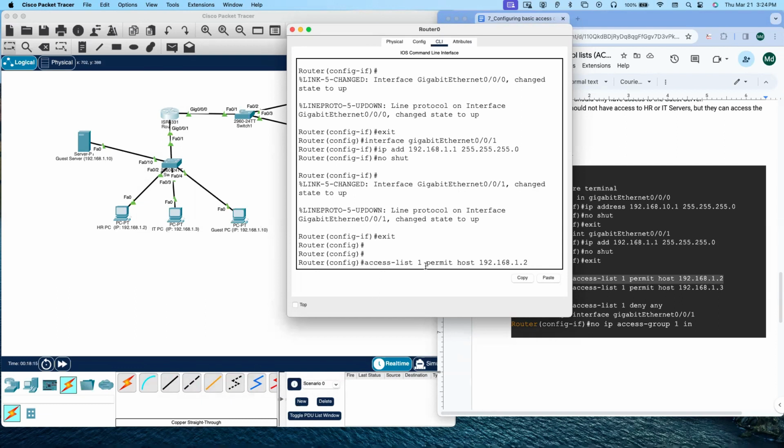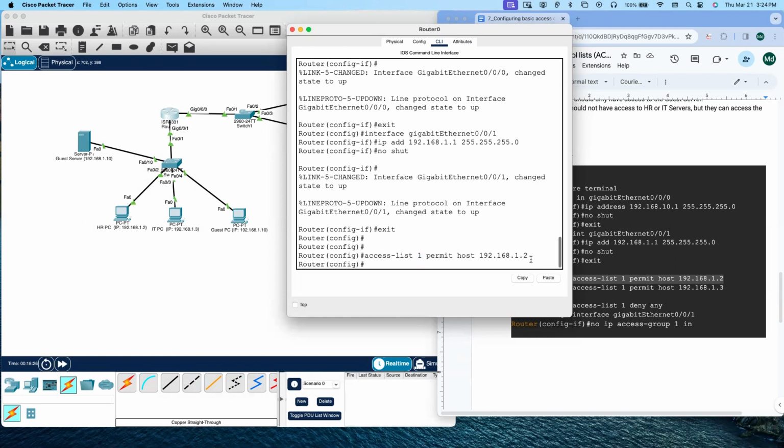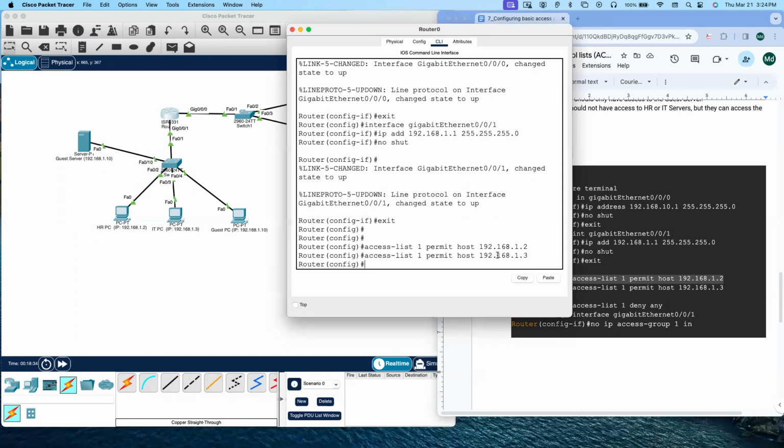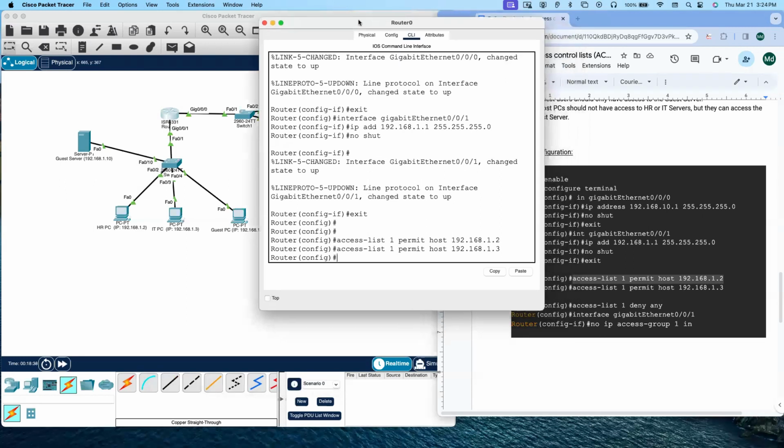So you're telling the access list 1. You can use a number like 1 to 99. So this is the access list number, and we are going to permit this host. Again, up arrow will take you to the previous command, and now 1 and 3. Okay, so these two networks will be under access list number 1, and we allow these two